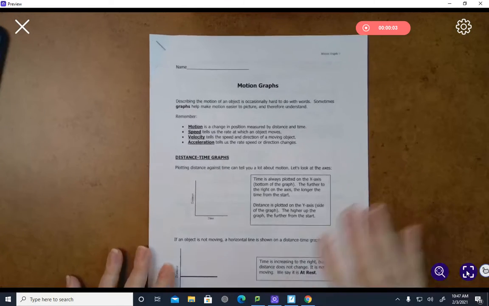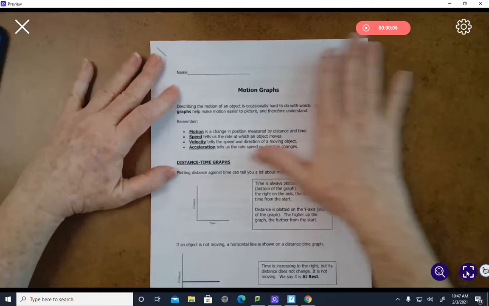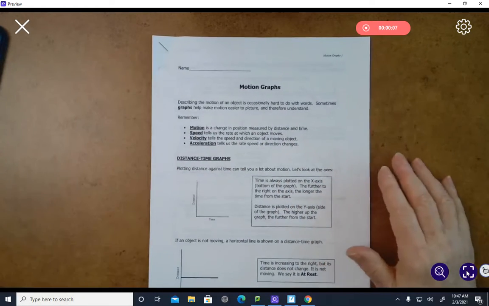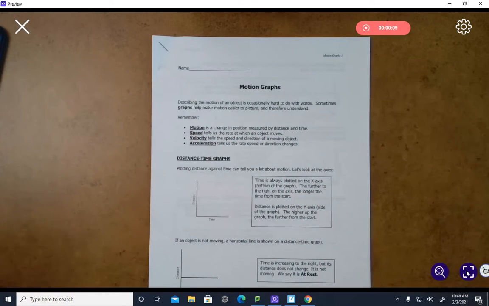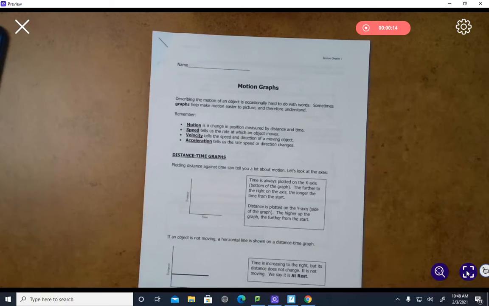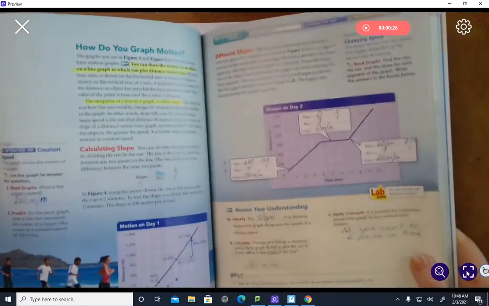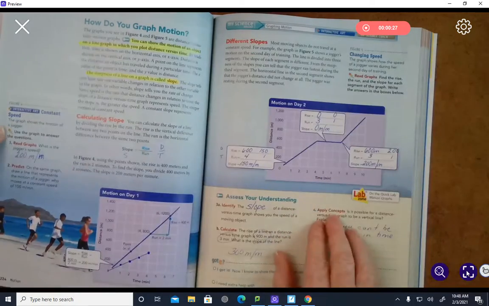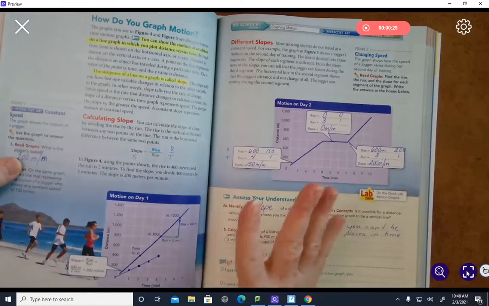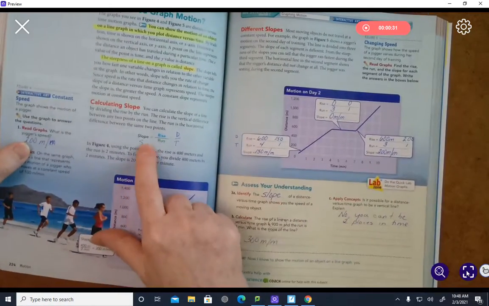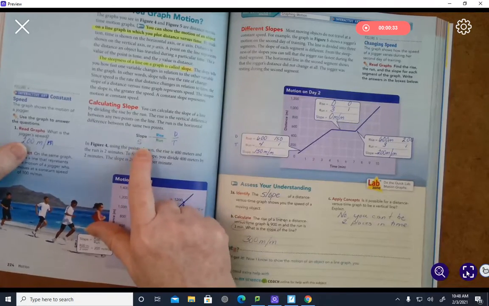Hey, sixth grade. So everybody has this little packet about motion graphs. Remember, we have been working on speed, direction, time. Speed is distance divided by time. And you have been working on these and how important it is to a graph. And we learned in one of the former videos that speed and slope are sort of the same thing,